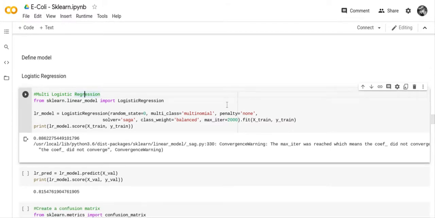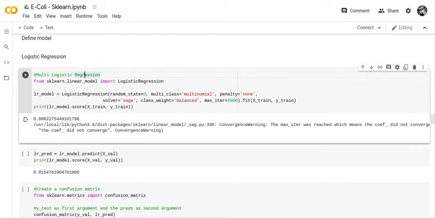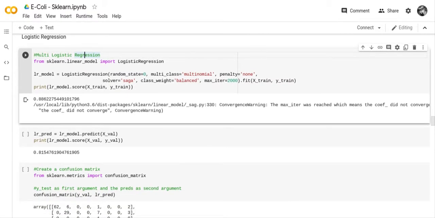So we use logistic regression, and we have to set it up for multinomial for the multi-class, and then we have to set up class weight as balanced. And I set it up for a max iteration of 2,000, but I still got a warning about the max iterations anyway. And then we have to fit our X train and Y train into the model,